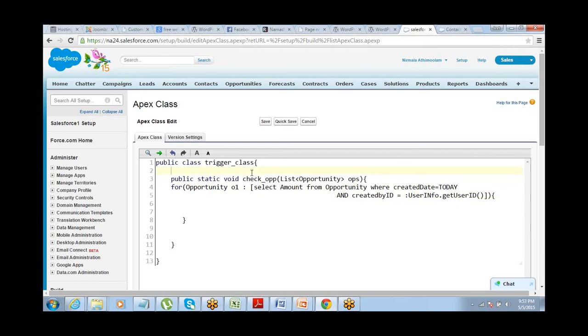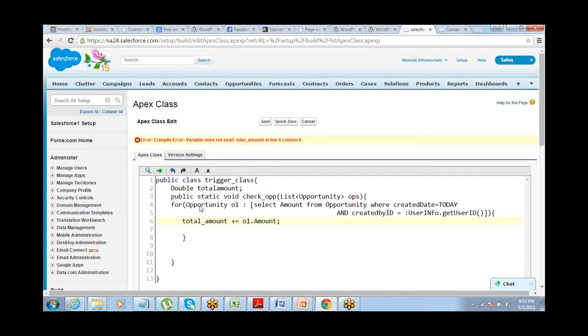So what I'll need to do is define a double here, double totalAmount. totalAmount plus equals o1.amount.